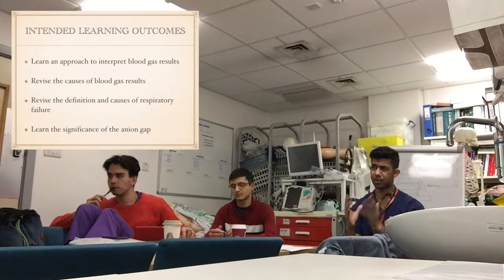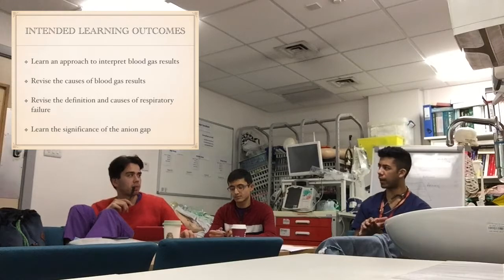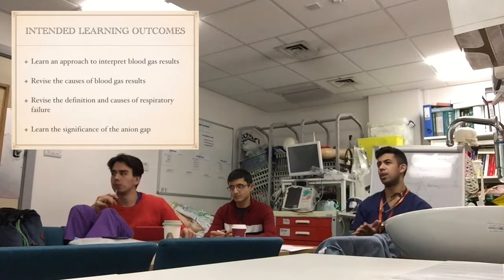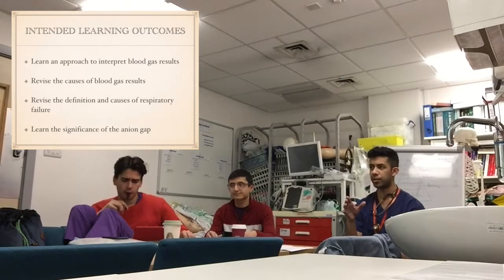I don't want to get too lost in that one, because if I recall correctly from your curriculum, there's not too much spent on the anion gap. So it's kind of a bonus round. We'll mainly be focusing on the first 3 ILOs. The format of this session is a slide-by-slide discussion of the cases. I want you to be brave with your thoughts. There's no stupid questions and no stupid answers. At the end we'll have an MCQ quiz. We've got the websites loaded on our browsers, the Wi-Fi ready to go, and our phones charged, hopefully somewhat. Any questions about what we want to do today?